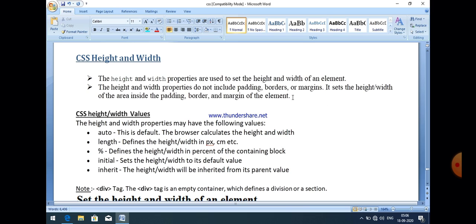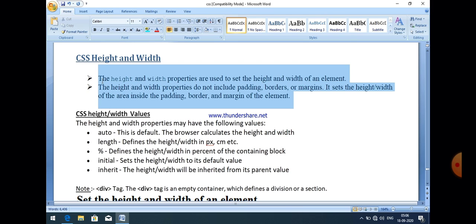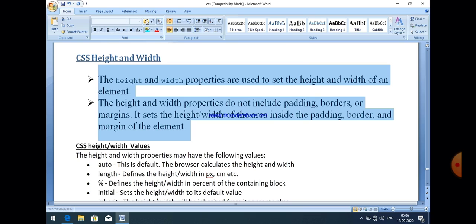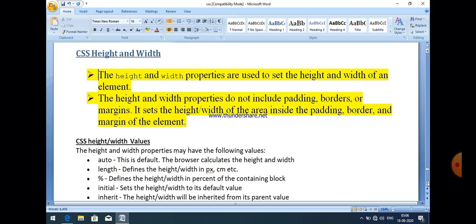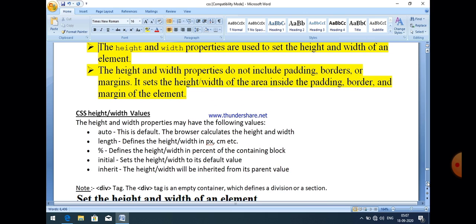The height and width properties do not include padding, borders, or margins. It sets the height and width of the area inside the padding, border, and margin of the element.